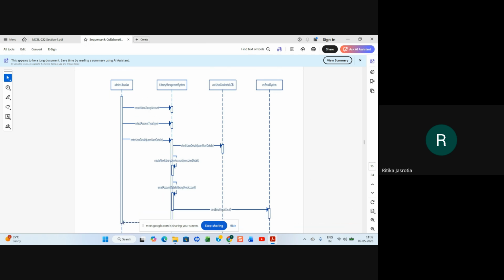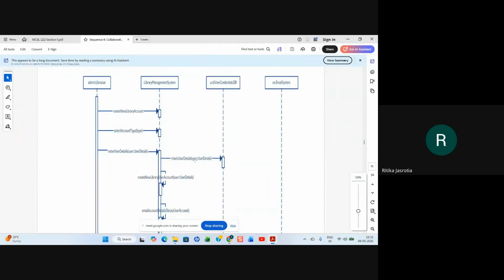So first, if you see here, the librarian creates a new library account on the library management system. Then he selects the account type on the library management system, right? He enters the user details on the library management system after selecting the account type; he selects whether he's a librarian or a user, or he's staff, whatever.